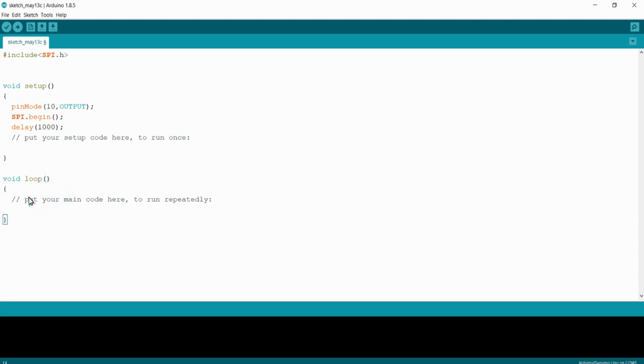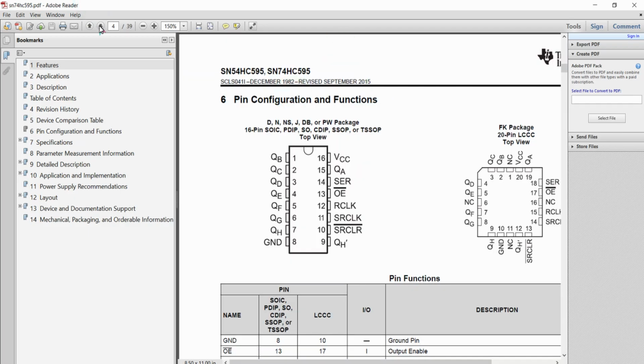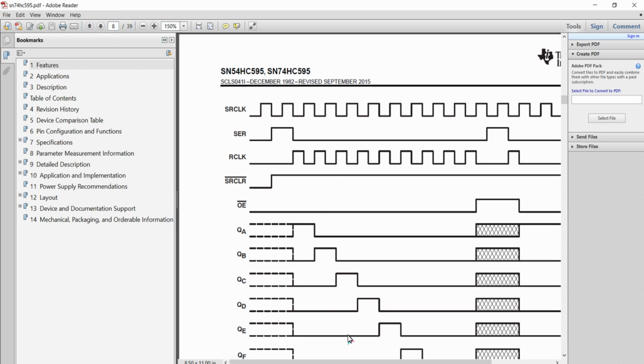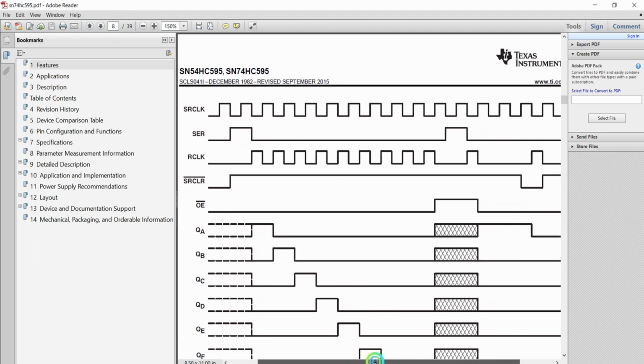And finally, in the loop, I'm going to write a logic for transmitting two different data values to the port of the shift register. Come to the datasheet of the shift register. Here you can see the process is simple. This clock will be provided by the master, that is the microcontroller, the SPI master.